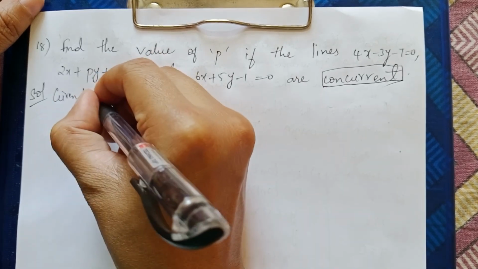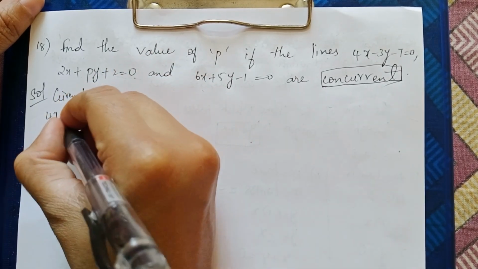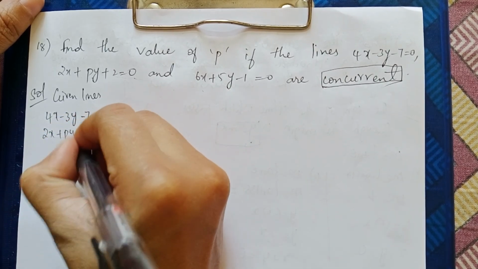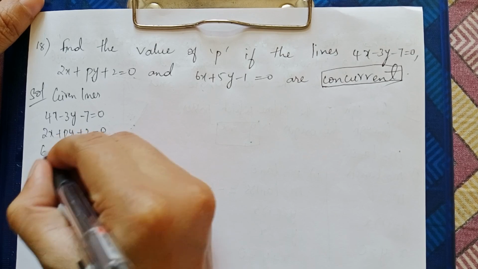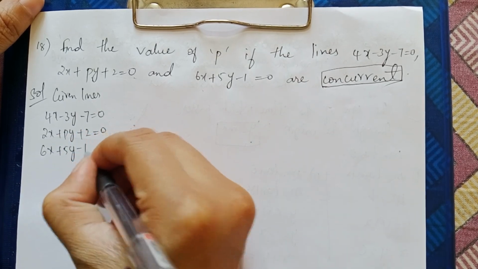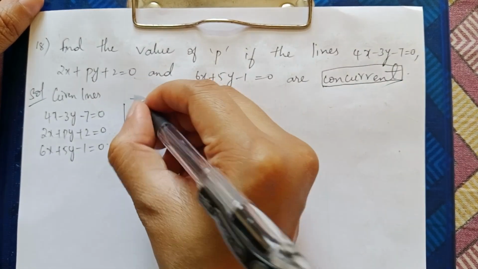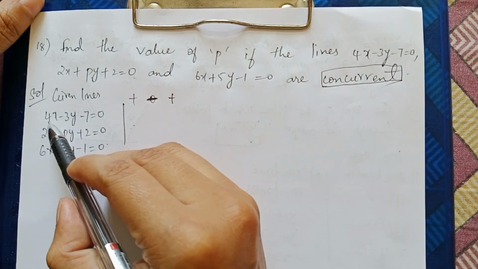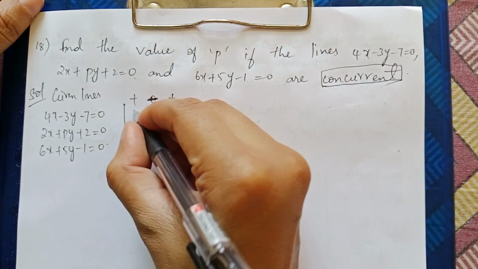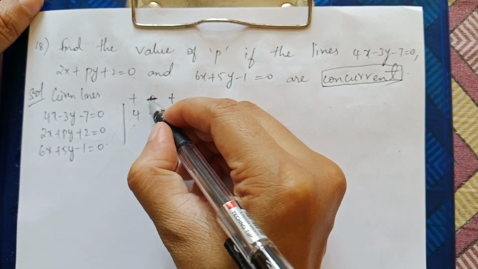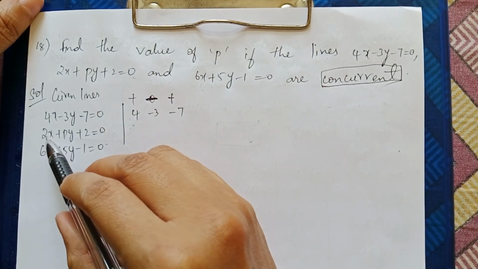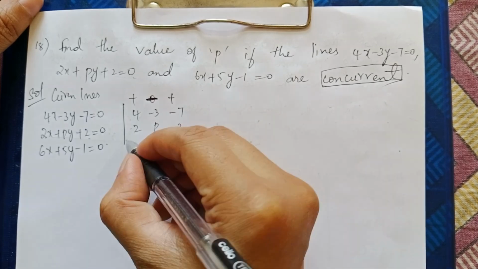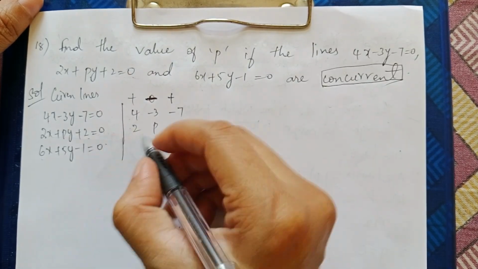Given lines are 4x minus 3y minus 7 equal to 0, 2x plus py plus 2 equal to 0, 6x plus 5y minus 1 equal to 0. Finding their determinant, it is plus, negative, and positive. So starting from the coefficient of x, which is 4, next is minus 3, minus 7, and here it is 2, p, and 2. And here it is 6, 5, and minus 1